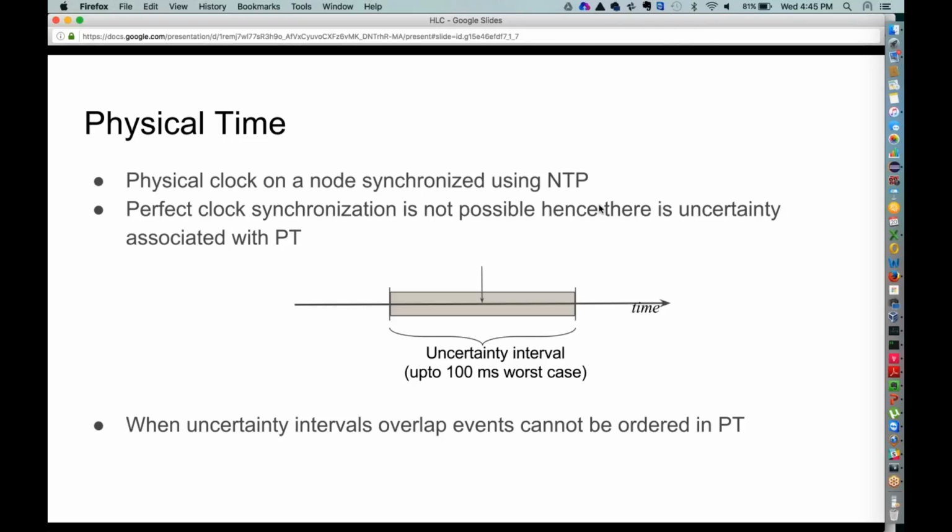For example, in a data center setting, this error bound is actually a few microseconds. But the idea is that you cannot rely on these timer values if you want strict correctness.